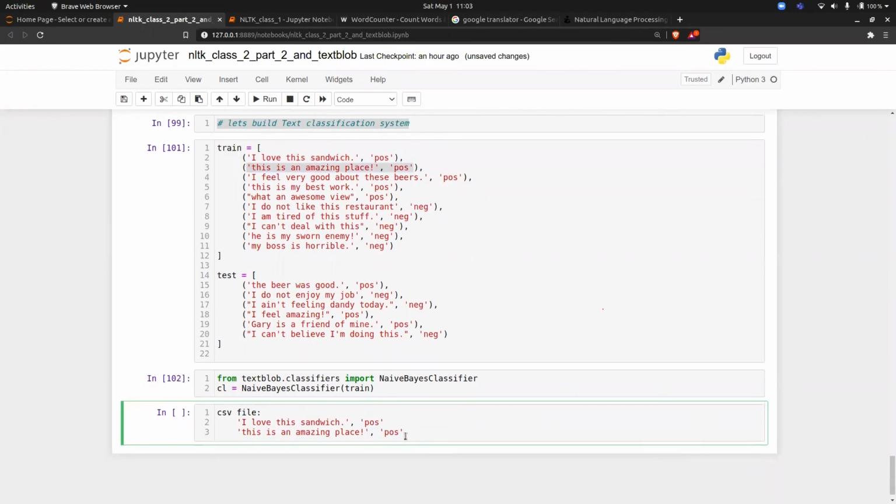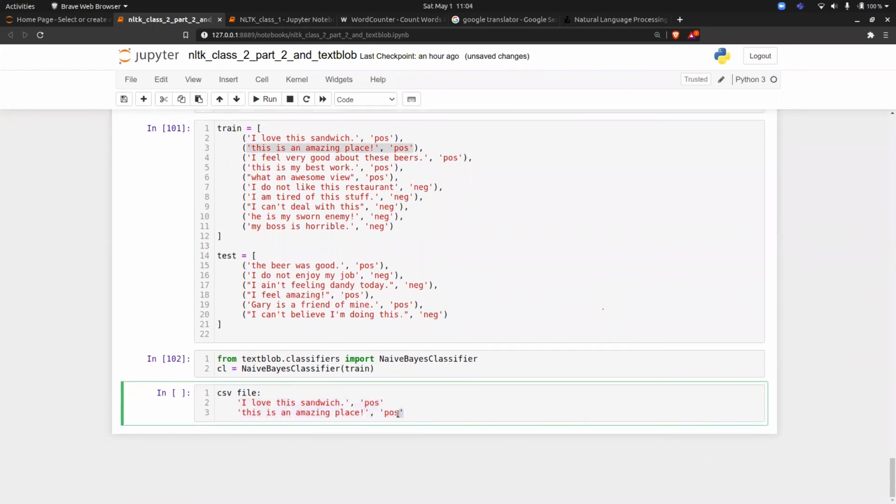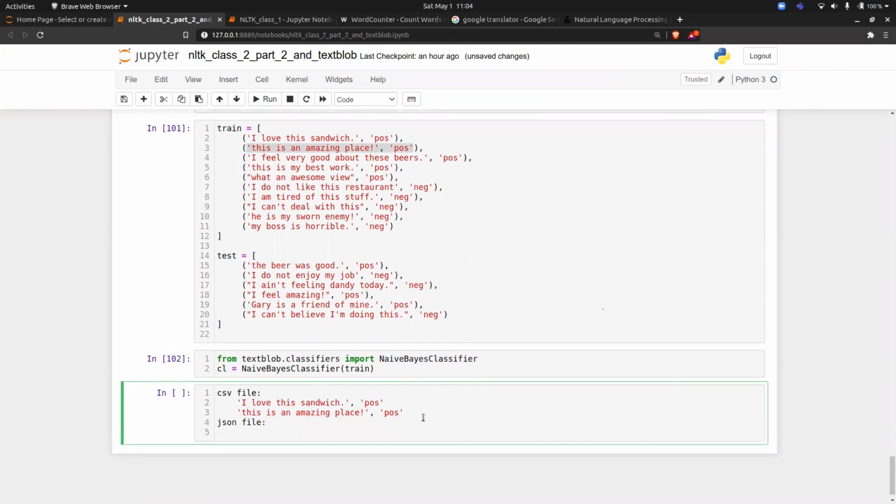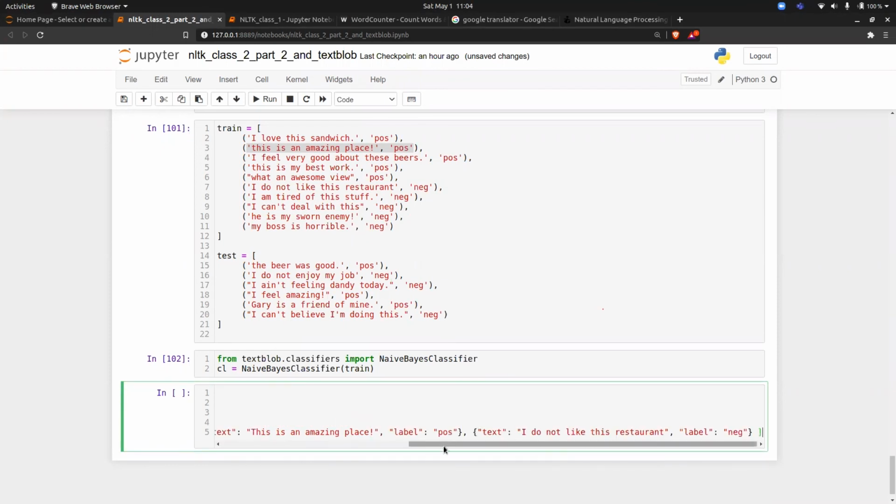If your data is not like this, then it will not take it as input. It wants a particular input in a particular format. So if you are loading a CSV file, your CSV file should contain data in this format. Okay, now what is a JSON? Can you tell me what a JSON file is? Anyone has an idea about a JSON file? Key value pair. Yes, basically key value pair. A dictionary in other terms, in JavaScript it is called JSON. So if you're adding a JSON file, the key should be text and the value should be a particular thing.